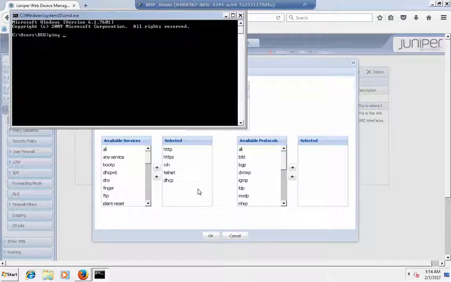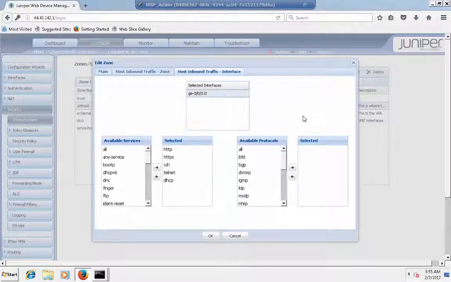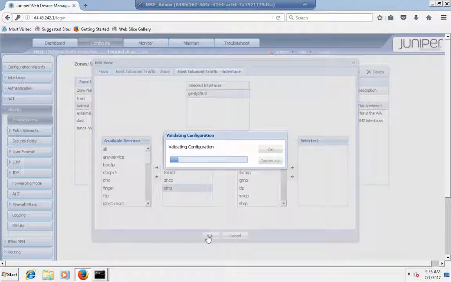If I try to ping 64.43.242.1, yeah, no, it's not going to reply to ping. So it's not because there's a firewall rule missing, it's because the ping service is not turned on on that interface. So this is kind of a logic thing. So if I add ping as a list of compatible services for that interface,